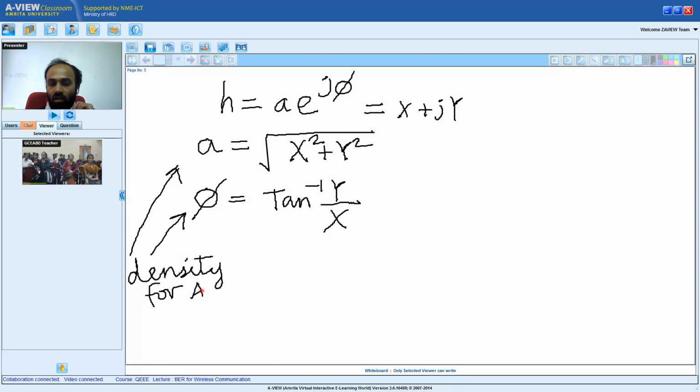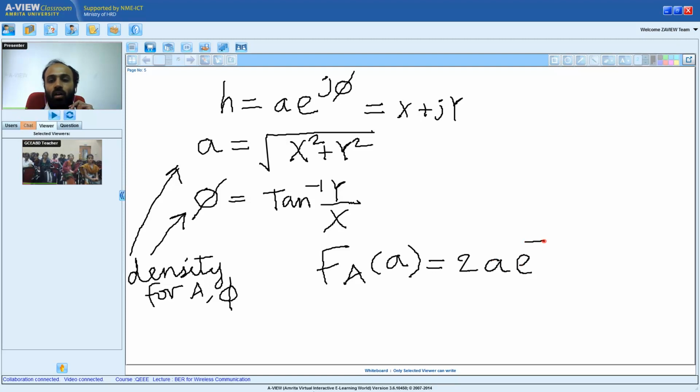I don't have time to do the actual derivation, but it can be shown that the density f of A is given as 2A e to the power of minus A